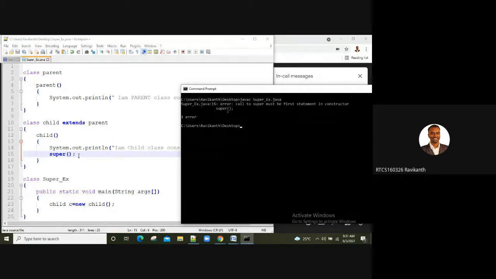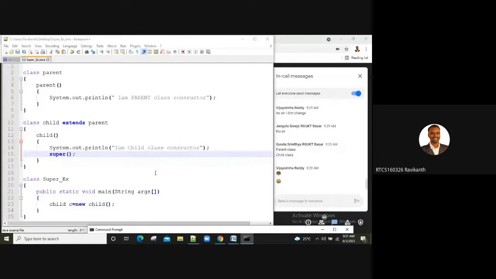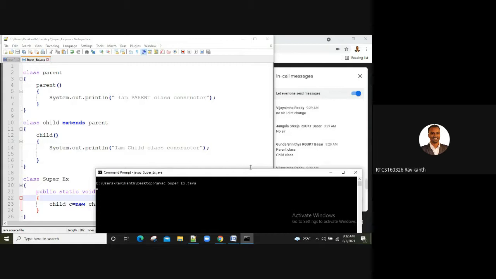So the first line of the constructor would be written as super. Automatically the JVM is going to write this super class constructor for us. That is the reason first you get displayed with your parent class, followed by your child class. Is that clear, guys?